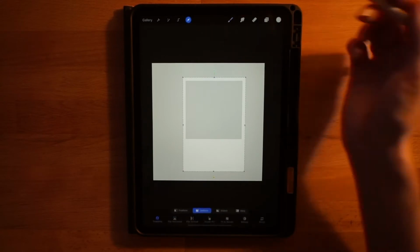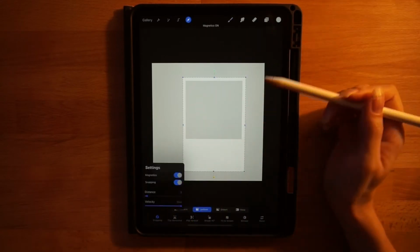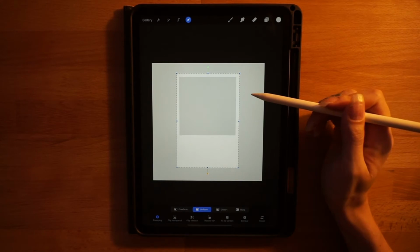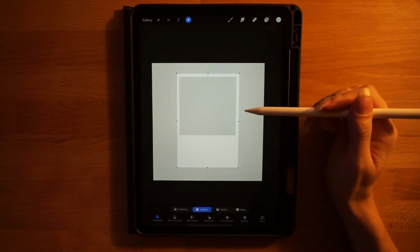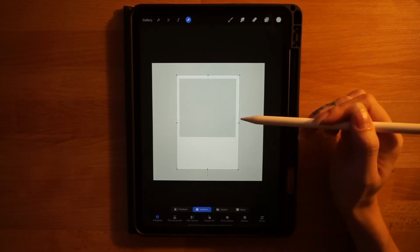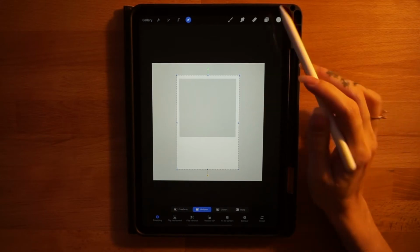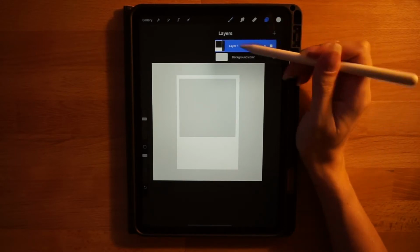So it should look something like this. Then we're going to click on the arrow tool again to select our shape here. Turn on snapping and magnetics, and we are going to snap it to the center of the screen. You can make sure that you see the yellow vertical line here so that it's centered left to right, and you can also center it top to bottom if you'd like. But it for sure needs to be centered left to right. Okay, and then we are going to go to our layer menu, make a duplicate of this layer,